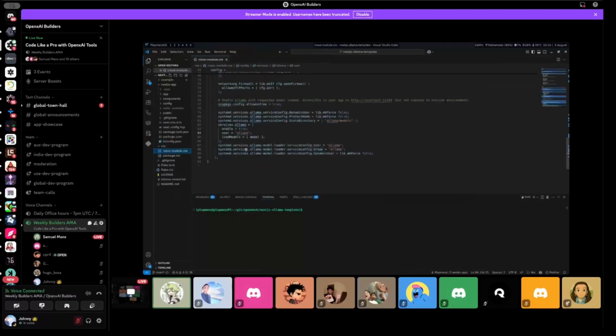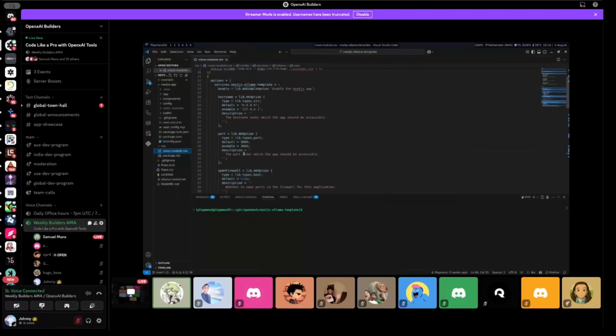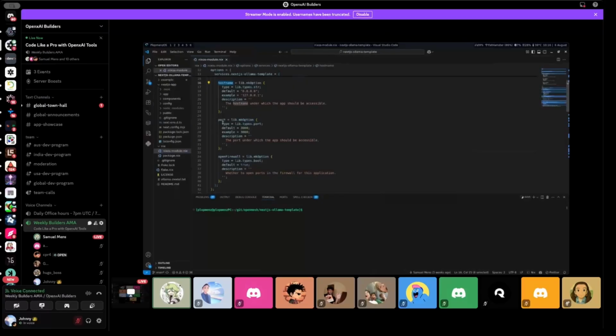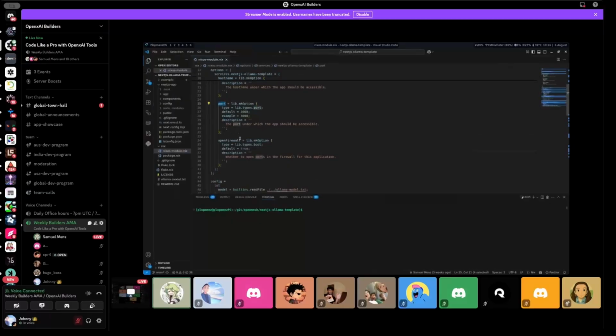In case you want to take a look at this, we have here the NixOS module. So here you can also define settings you can customize. For example, in this case, hostname and port. I assume most of you are familiar with the port. Hostname shouldn't have to change. As well as open firewall, because by default, NixOS, as it's an operating system, has a firewall, so you can